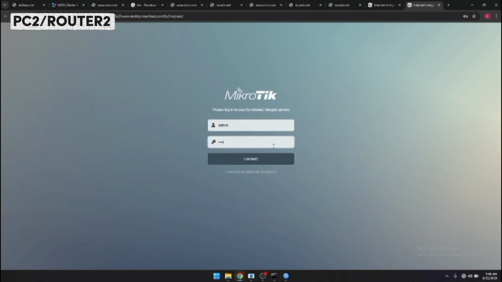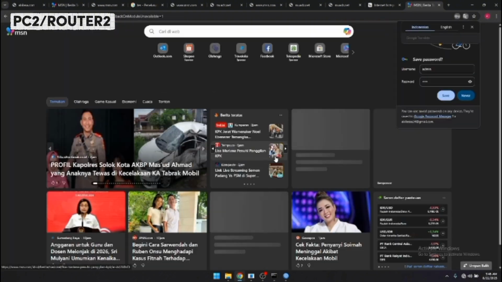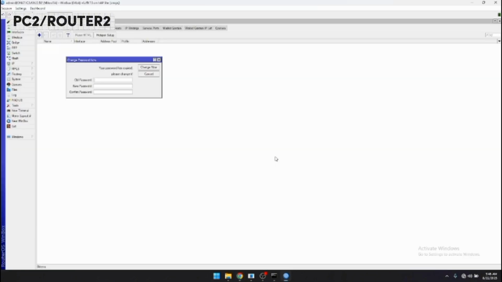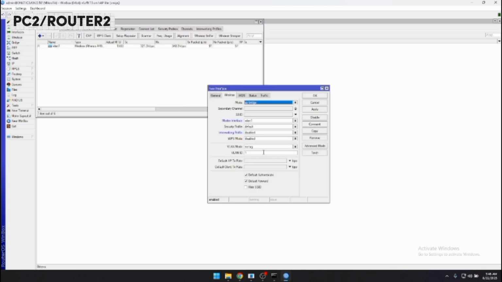You add the username and then password. After this, you add the virtual for VLAN 2.